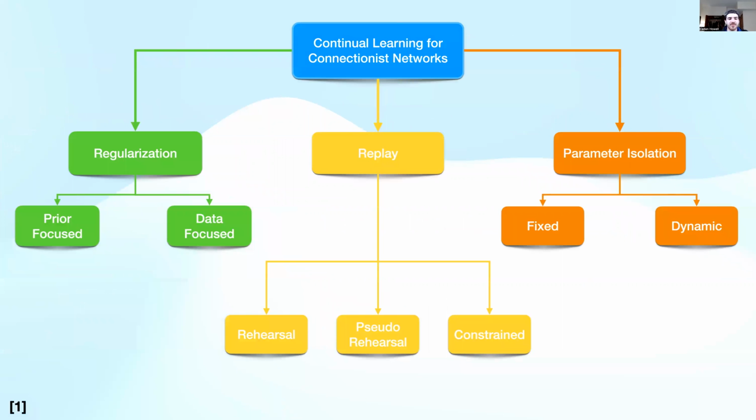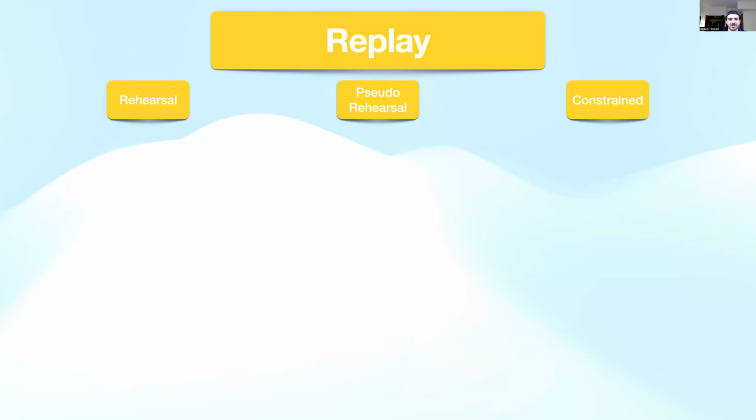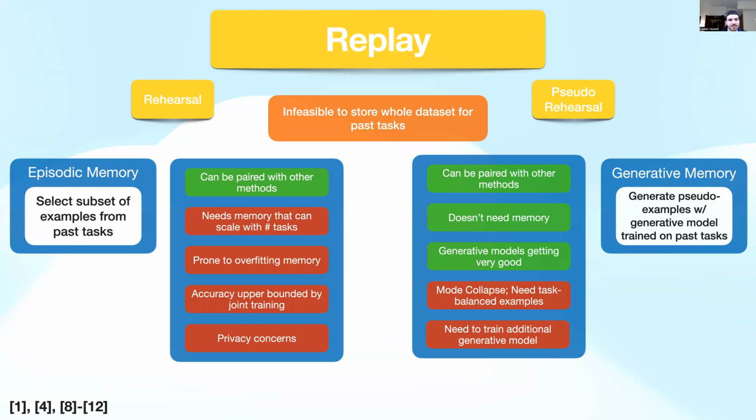All right, so this is our taxonomy of continual learning. You can see there's a lot going on here, but we'll break it down one by one. So we're going to start with replay methods. We did just talk about an early replay method. In general, you have rehearsal and pseudo rehearsal, which follow the same rehearsal and pseudo rehearsals from before, but with slightly more modern design practices.